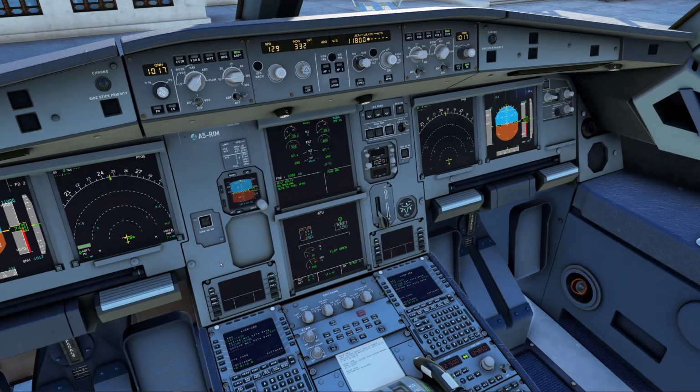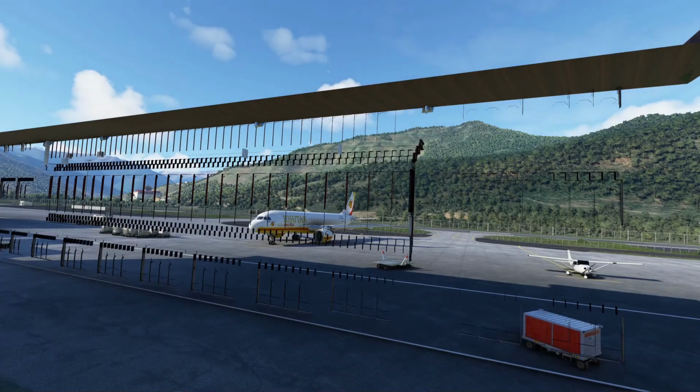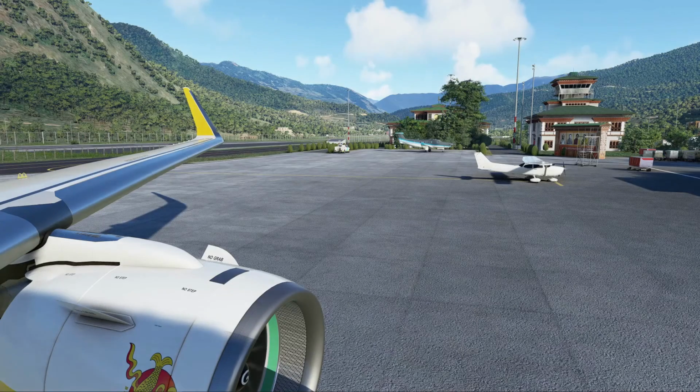Just waiting for the APUs to spool up. Dare I look outside? Alright, just a bit off.